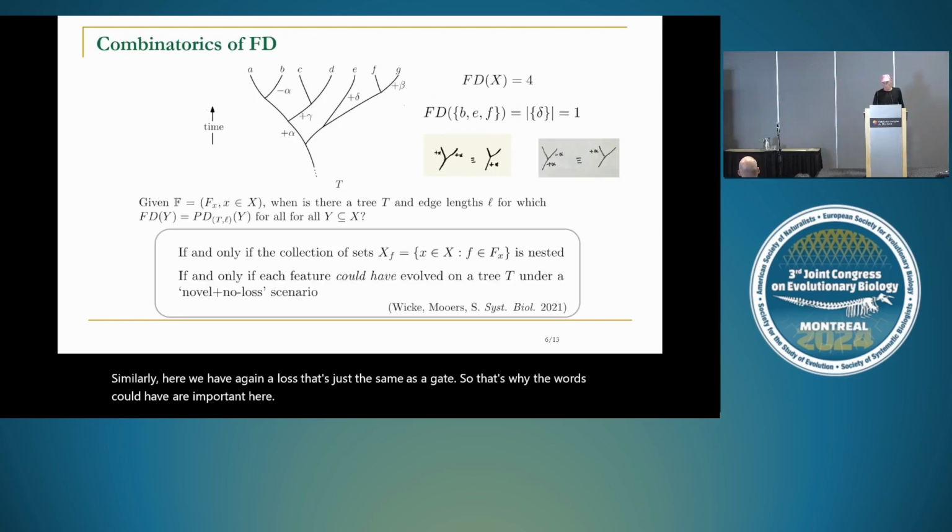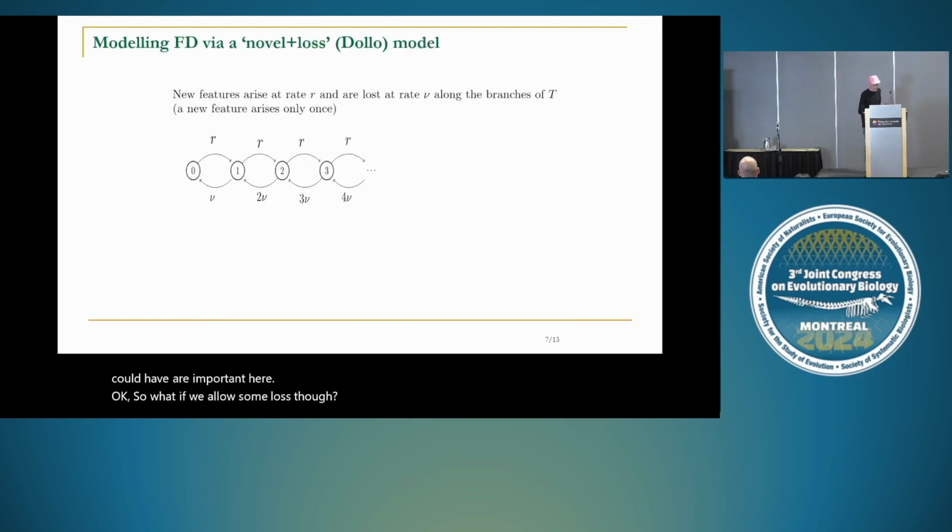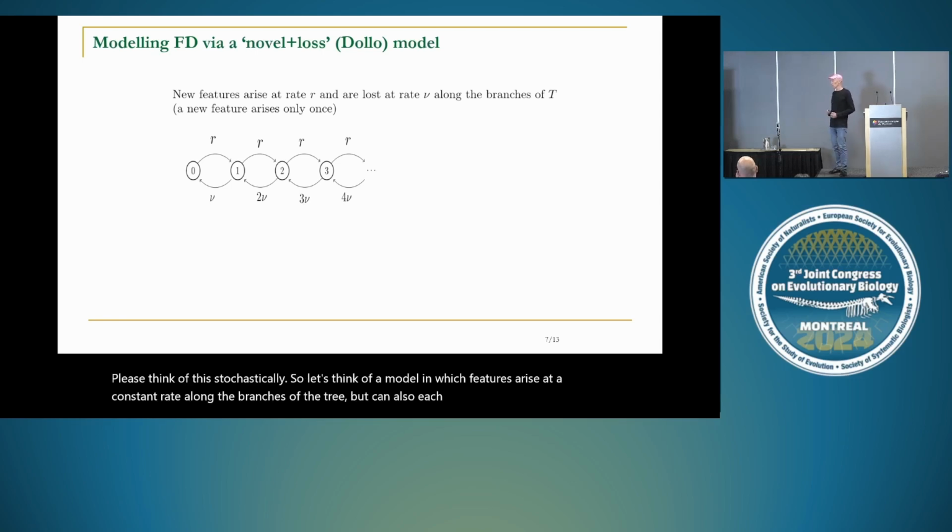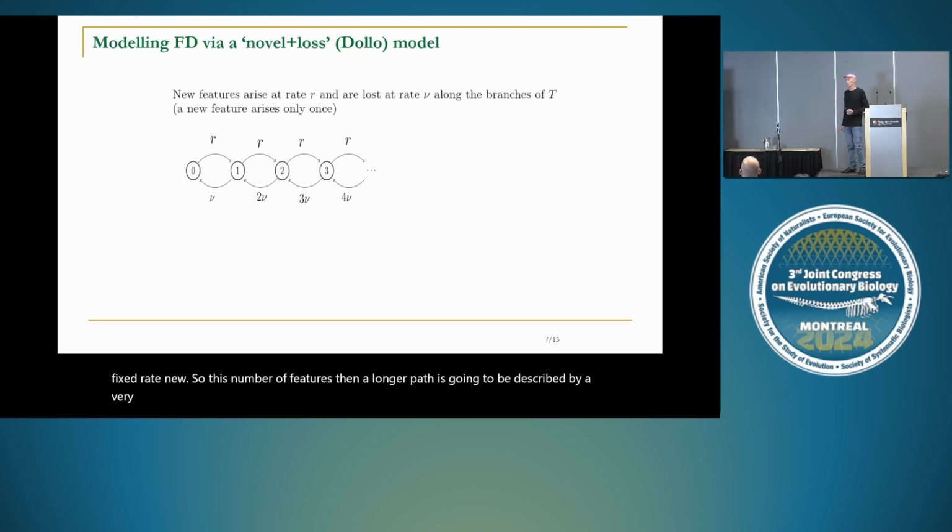Okay, so what if we allow some loss though? Let's think of this stochastically. So let's think of a model in which features arise at a constant rate along the branches of the tree, but each feature can also be lost at a fixed rate nu. So the number of features along a path is going to be described by a very classic constant birth linear death process, which was studied, I think, 72 years ago by Feller, and a lot has been discovered about it. The important thing for us is that